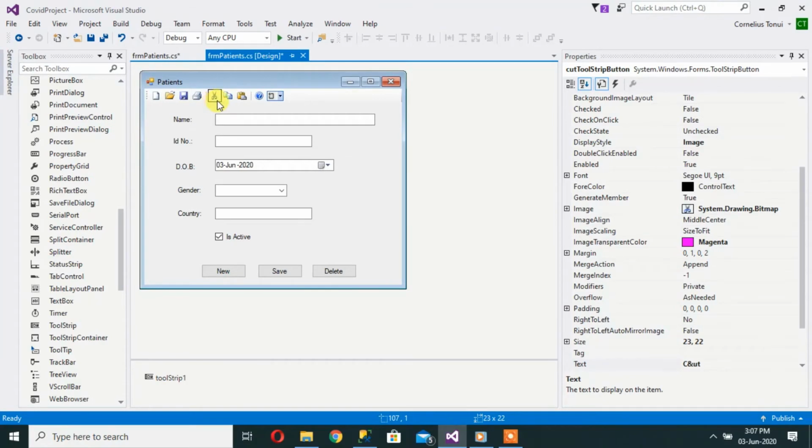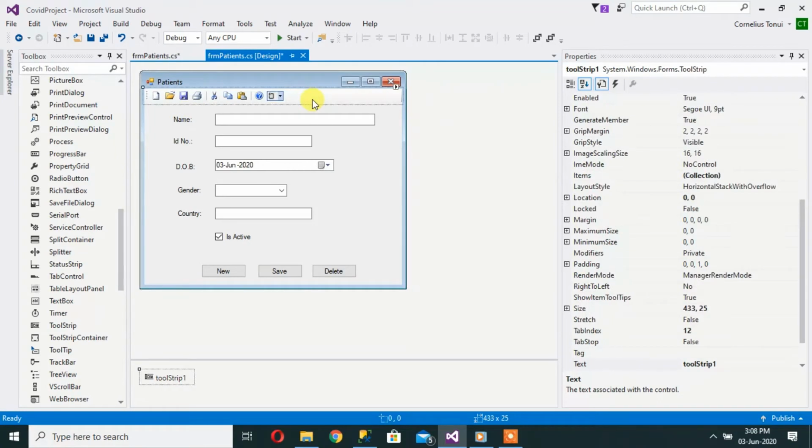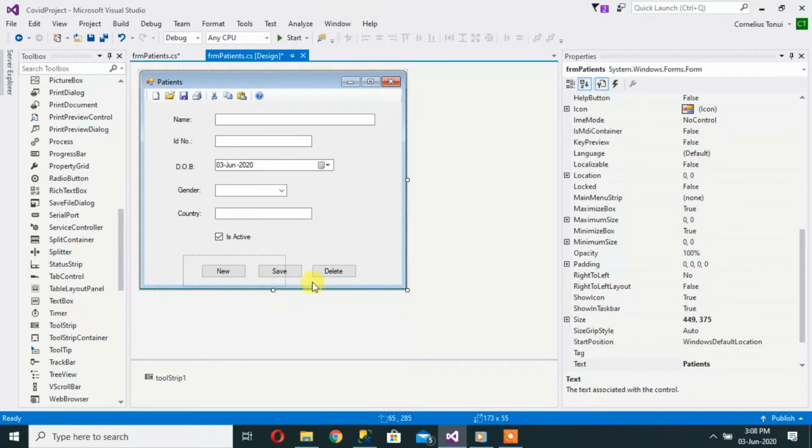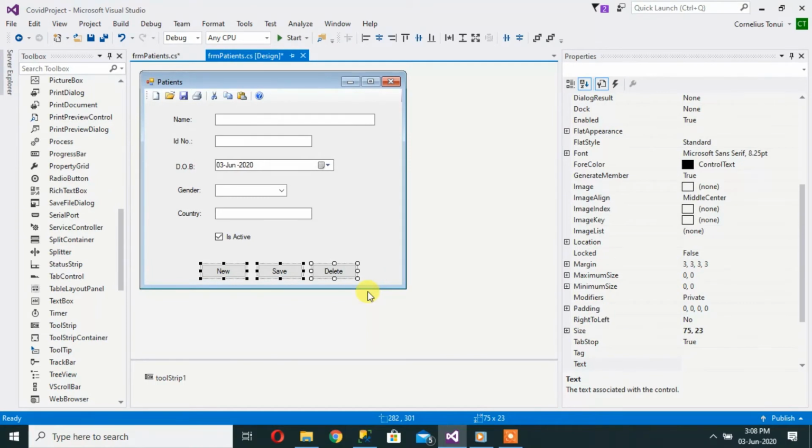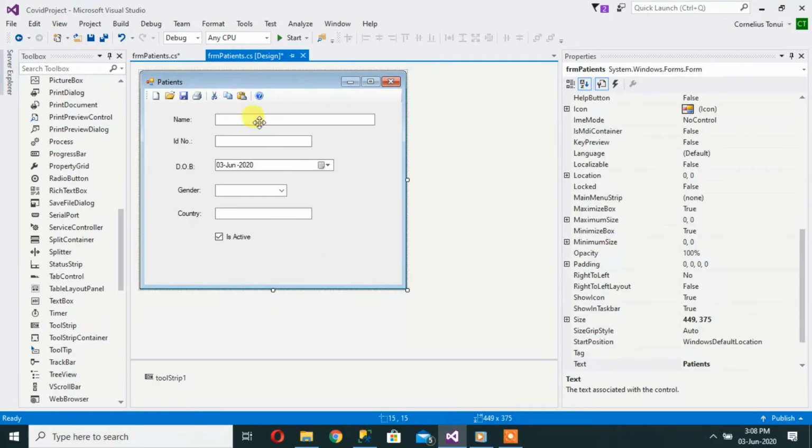Usually, instead of this being cut, I change it to delete instead. So instead of using these buttons here, I use a tool strip control. This is where we are going to write code instead of the buttons that I have here. So you'll allow me to highlight all the three and delete them. So instead of using the buttons that I had there,